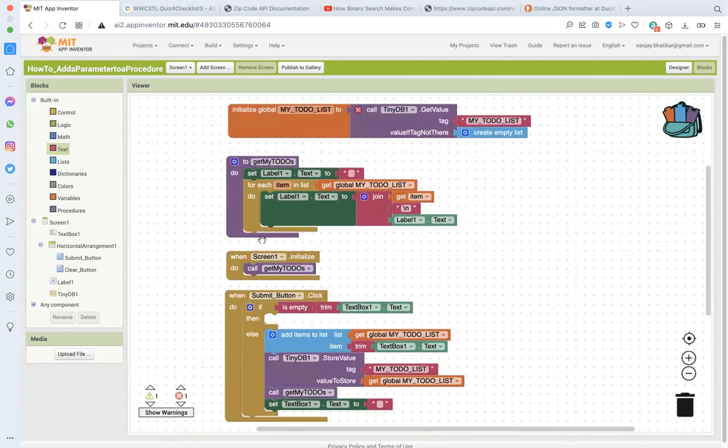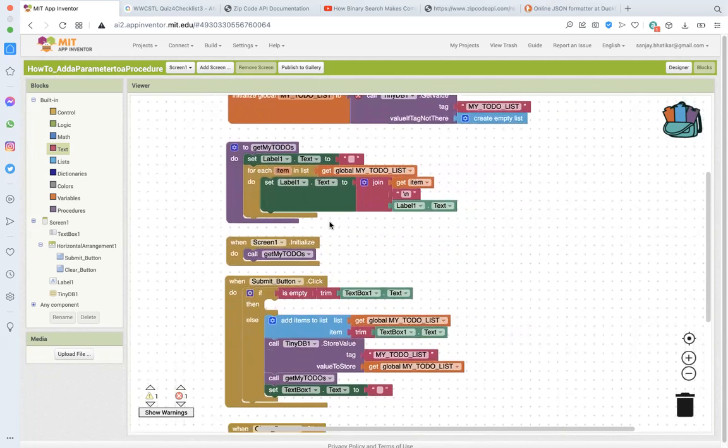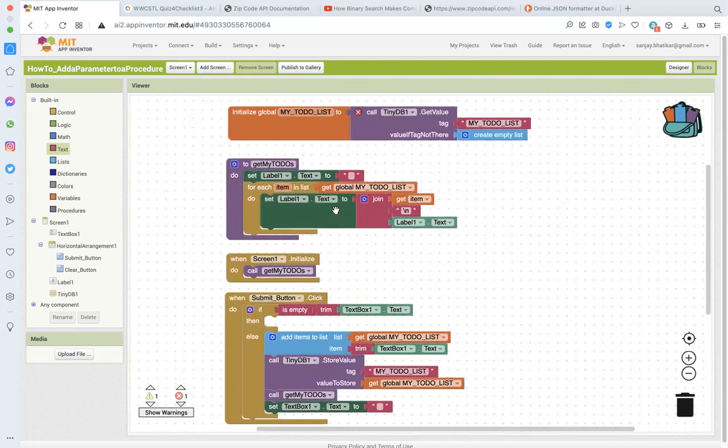So I've written a procedure here, and that procedure has, speaking from the standpoint of a software developer, a number of problems. What are those problems? So one is, there are a number of pieces of information that are hard-coded, right? So it is expecting that there should be a global list called my to-do list, and it will only work with that list. It will not work with any other list. But I might also write this procedure in a way that solves a more general problem. Instead of just working with this exact same list every time,